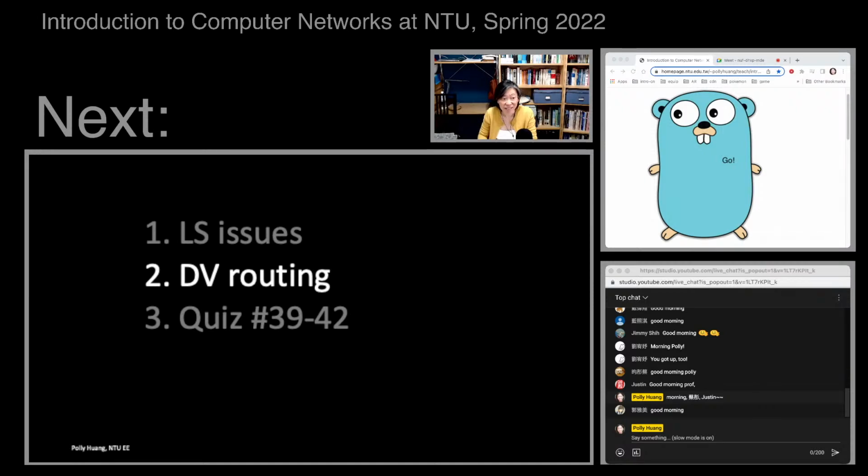And that was exactly the reason that there needs to be another routing algorithm that the internet runs. It's called the distance vector, in short, DV routing. All right, and I will probably use a sequence of quizzes to try to introduce distance vector routing, because this type of routing algorithm is a little bit harder to understand. It's a little bit counterintuitive. I guess it's probably because